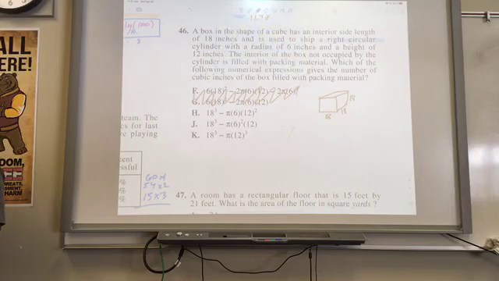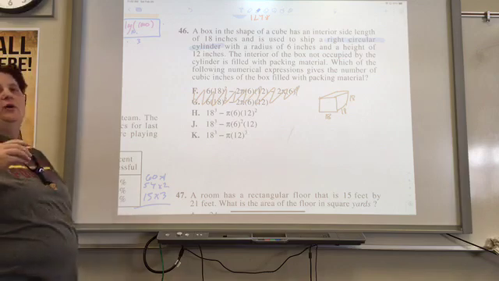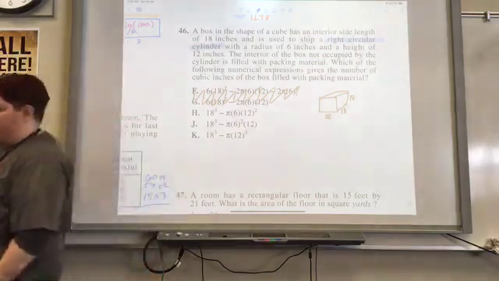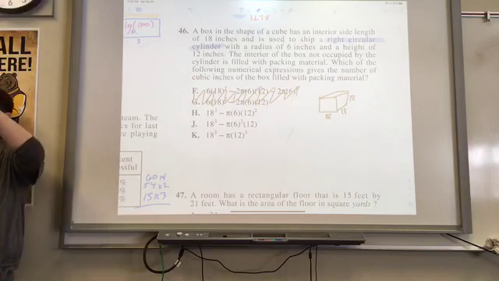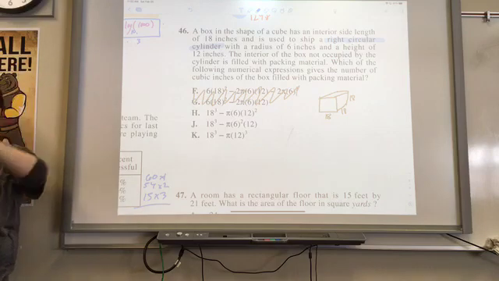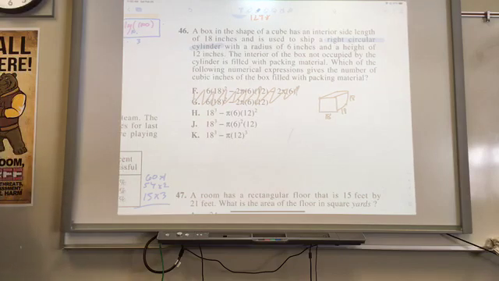Right circular cylinder. Does anybody know what a right circular cylinder is? No. Let's talk about those words. What does circular mean? Circle. What does cylinder mean? Like three-dimensional. Okay, we'll talk about right in just a minute, but it's basically a circle going into three dimensions. Is it a sphere? Like a Pringles can, maybe? Pringles can. Why is it a right circular cylinder? What do you think that word right is referring to? I'm guessing it means that